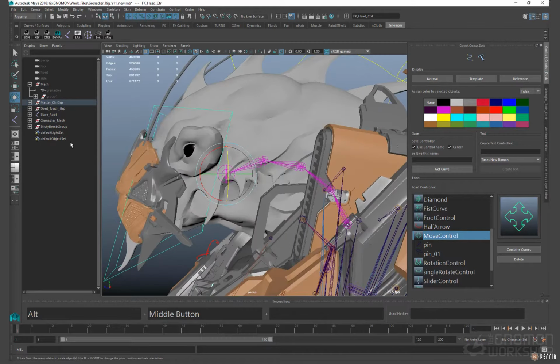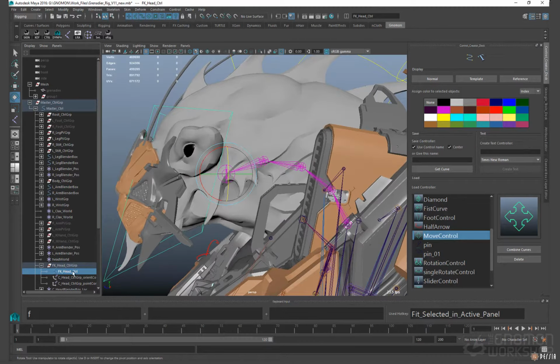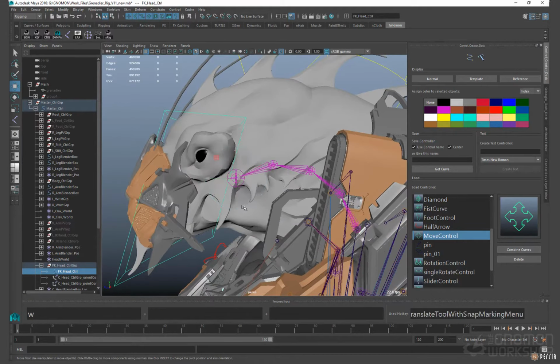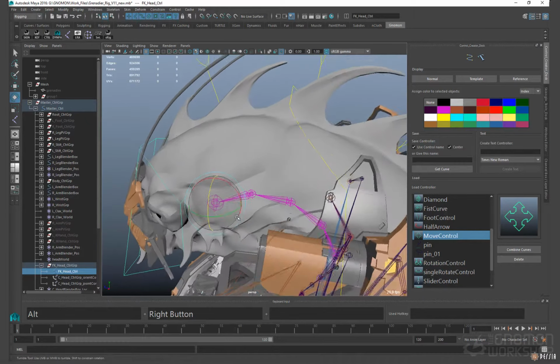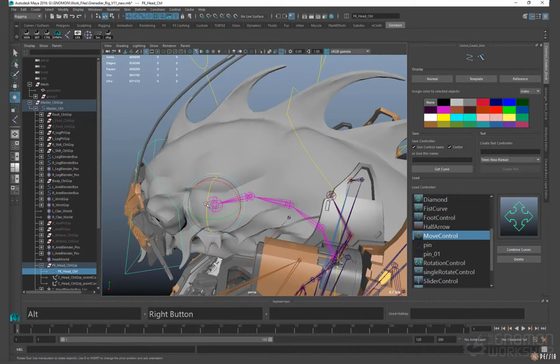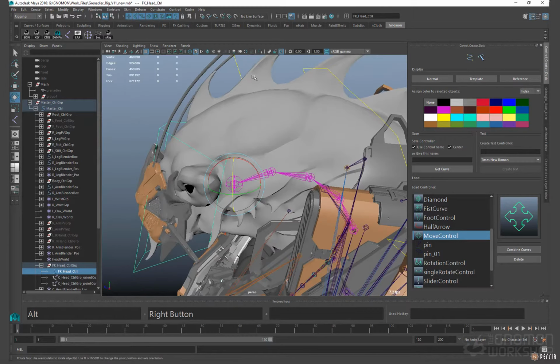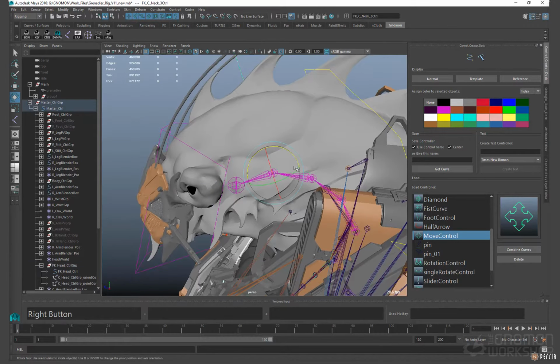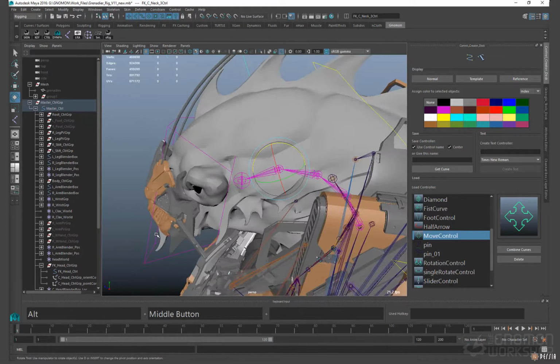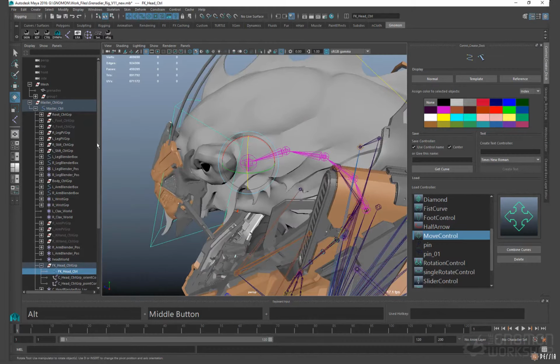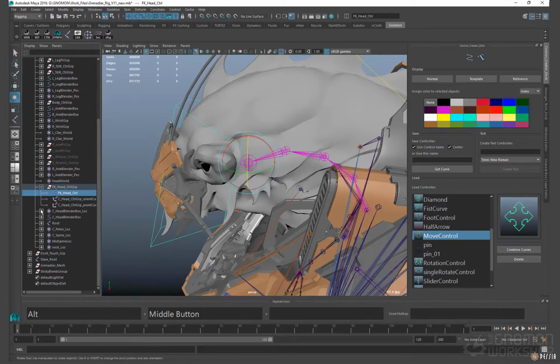So let's get in there, which is my FK head control. It looks like my rotate X is not pointing forward like the joints do, or these controls are doing. So I'm going to change that now. Let's go in here. Group this head, let's call this correction,